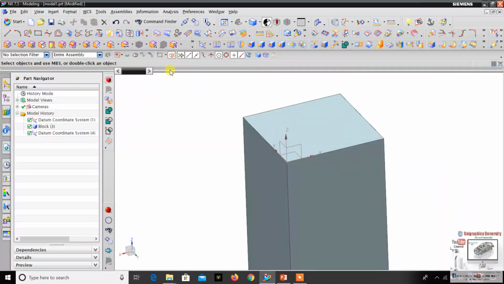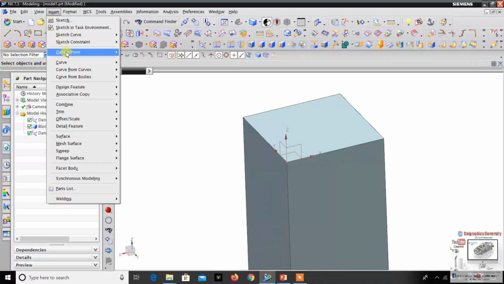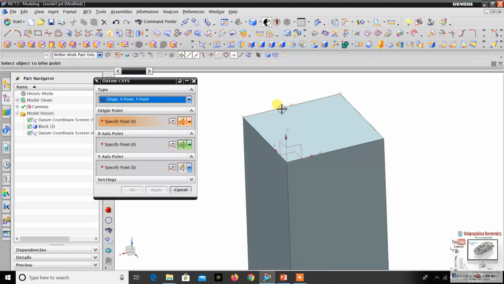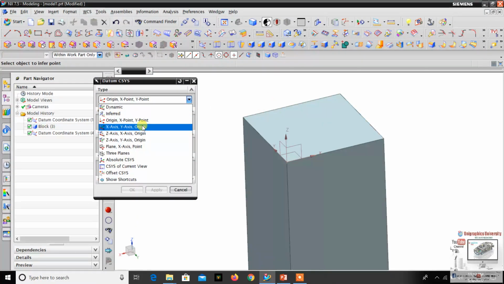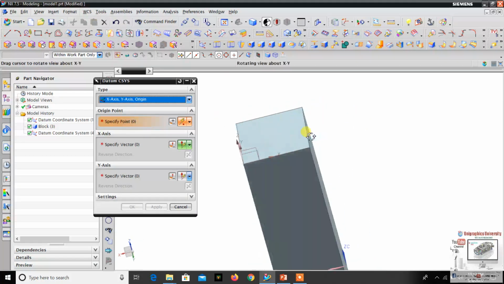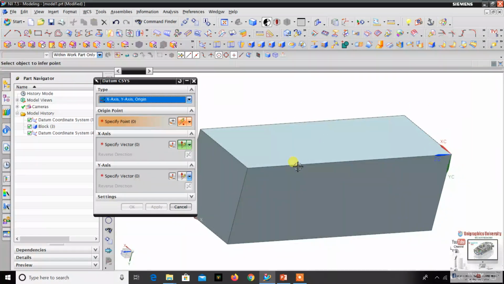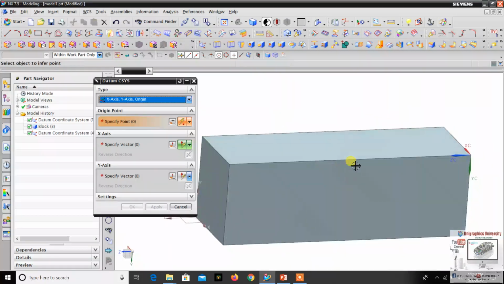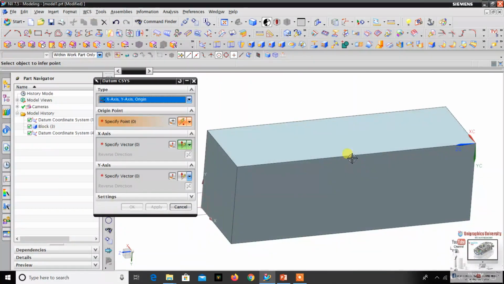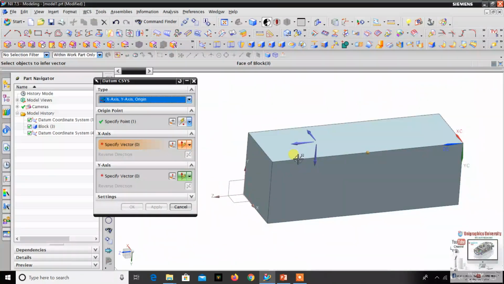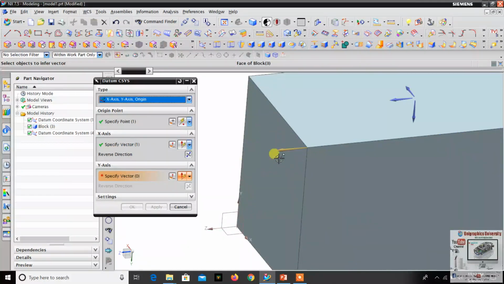Okay, let's move on. Next option, insert datum coordinate system. The next one, x-axis, y-axis, origin. In this command, you first select the origin point of the datum coordinate system wherever you want. I simply click this point. Then select the specific vector x-axis, which direction you want to create the x-axis. So simply choose, I choose this one. If I want reverse direction, I just click reverse.